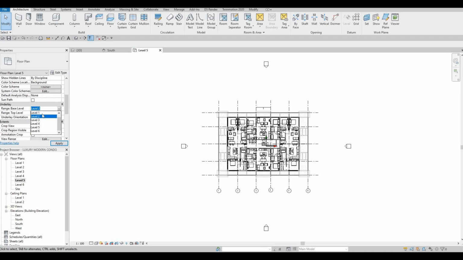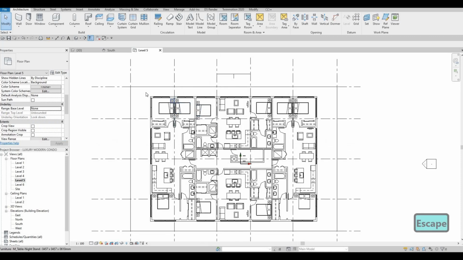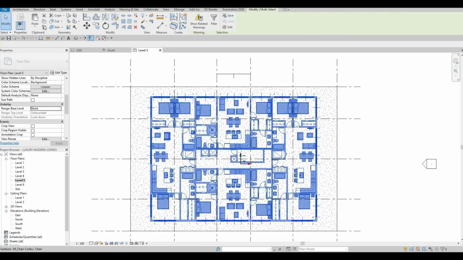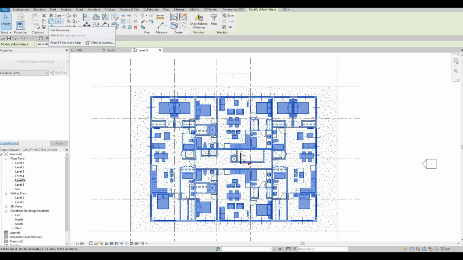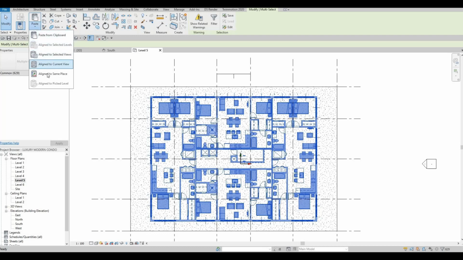So none on this. So that's hidden now. We just need to select all of this. We could copy. So copy to clipboard and then paste it to